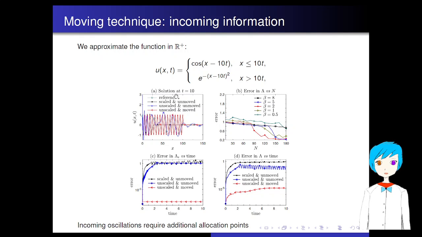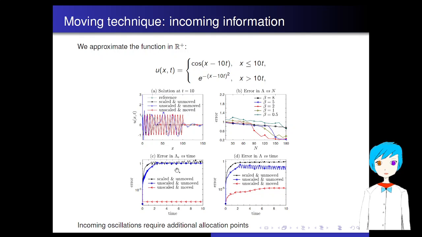So as an example, we approximate the function in the half-line. We can see that as time evolves, the function is moving rightward and new oscillation keeps coming into this region. No matter how we change the scaling factor, it won't help that much, even if we use a large number of basis functions. However, if we move the basis functions properly and introduce new grids to monitor the incoming oscillation